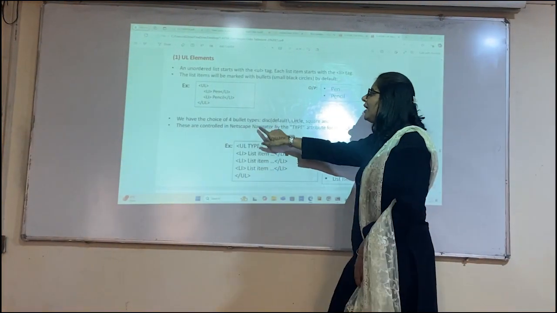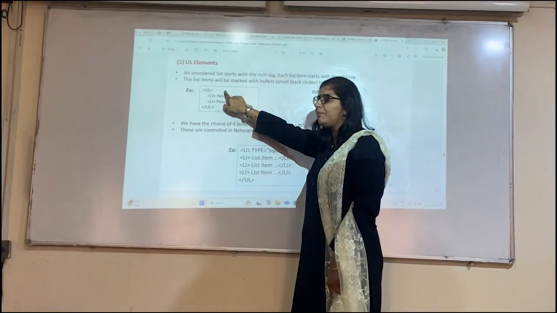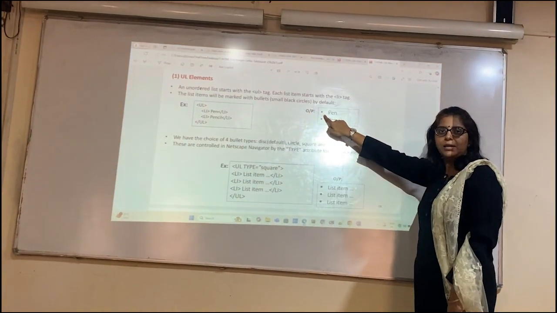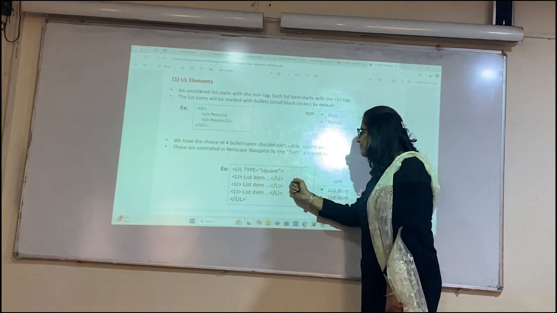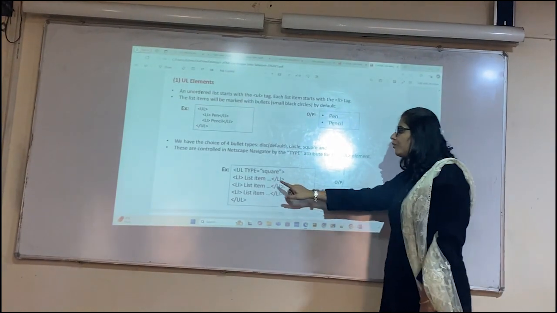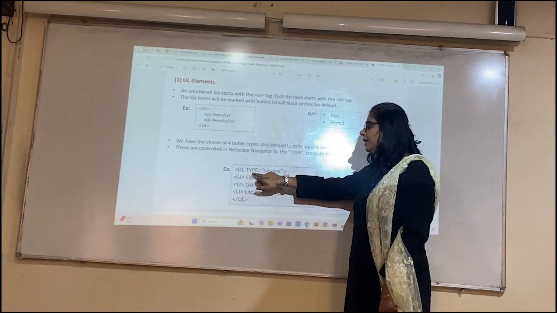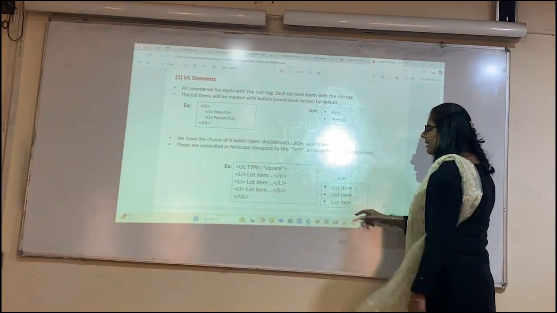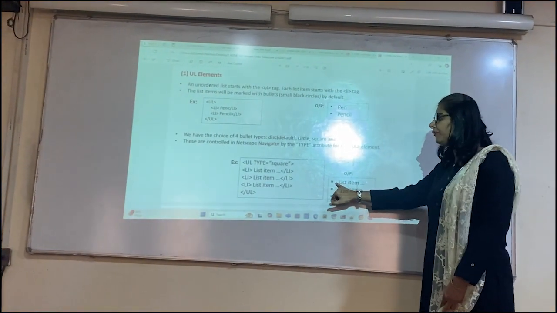This is another example, UL type square. If nothing is mentioned, it will take the default format. Now we want to display a list in a square format. So we will type UL type equals square. The square will display a square in front of the item.